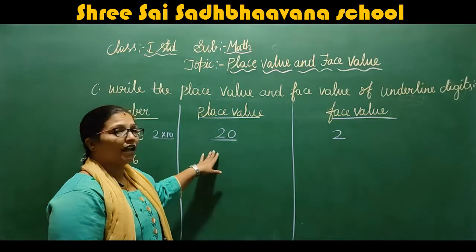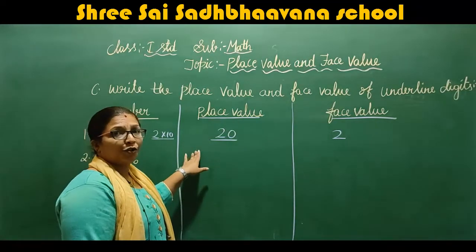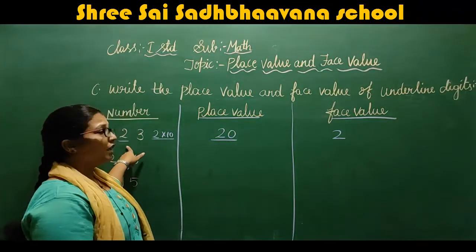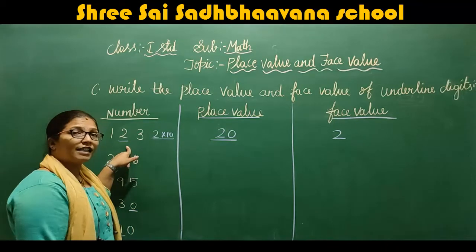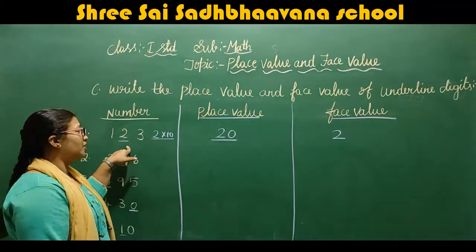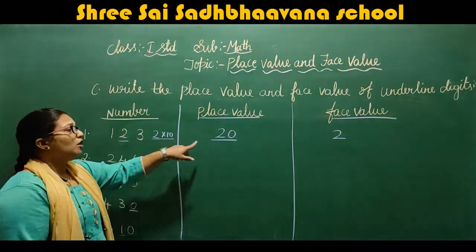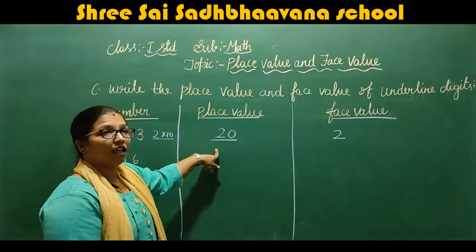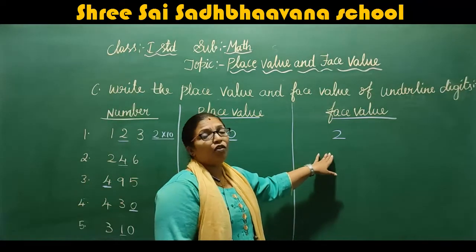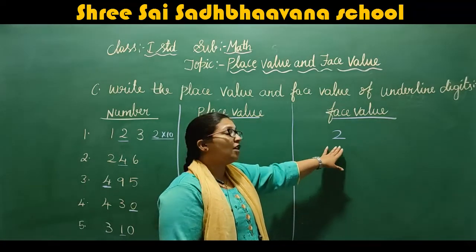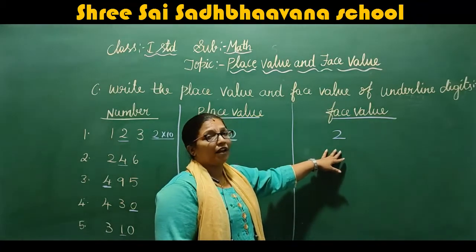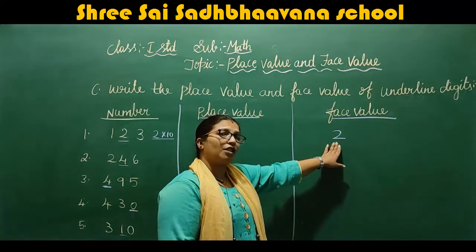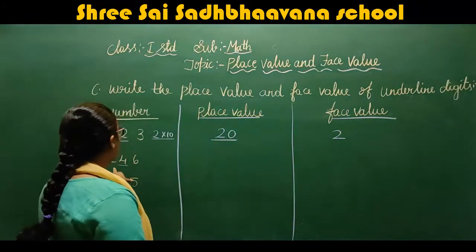So here the value is changed according to its position. In which position is it? It is in the tens place, so the value changes to 20. But in face value, the value won't change. It is the digit itself, so we should write only the digit. So next is